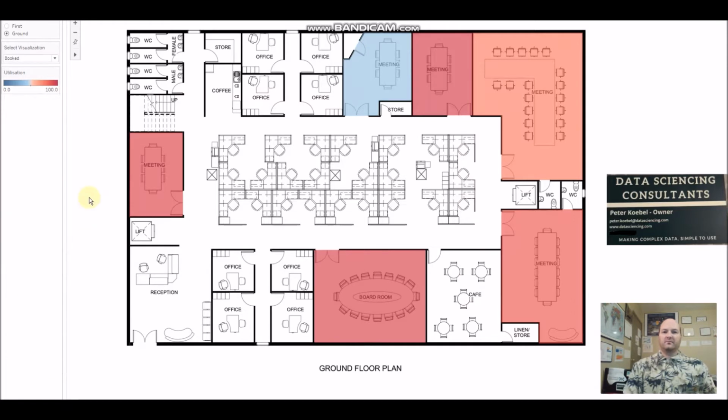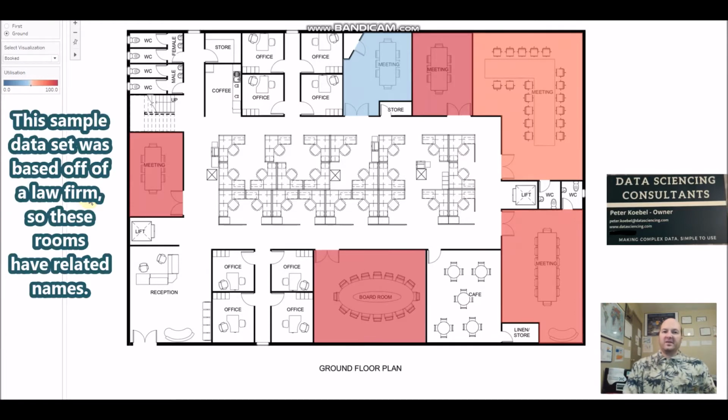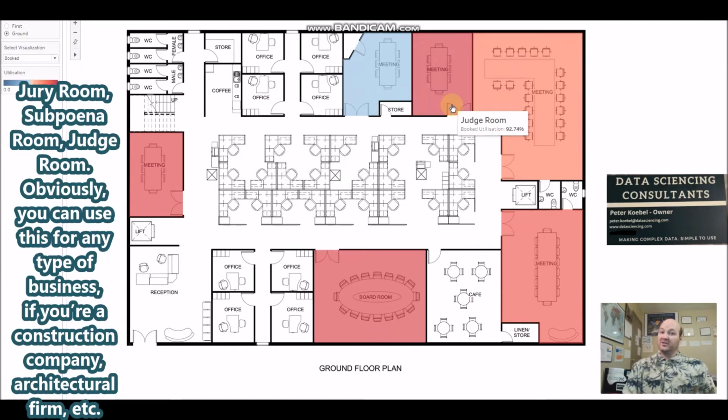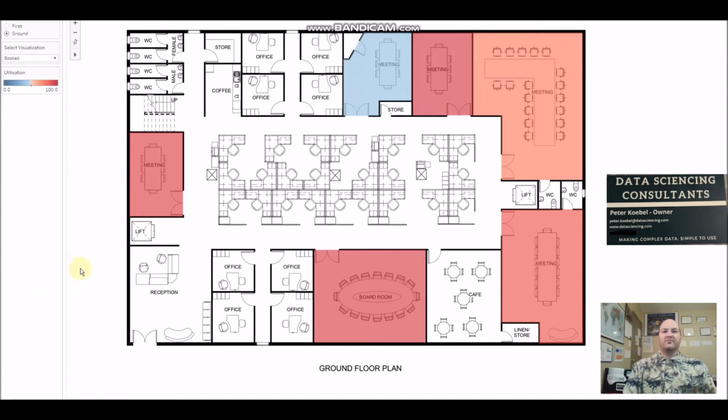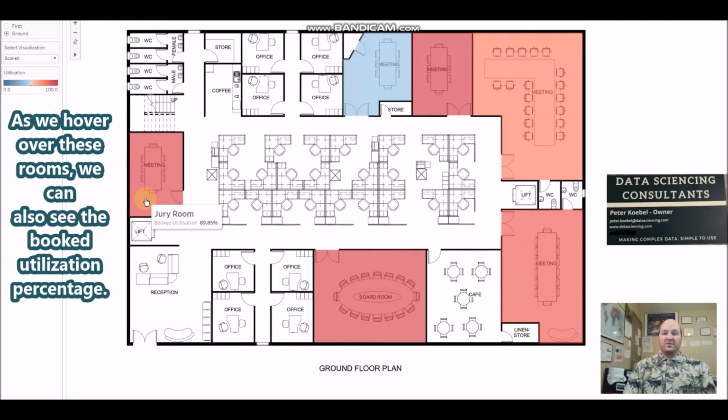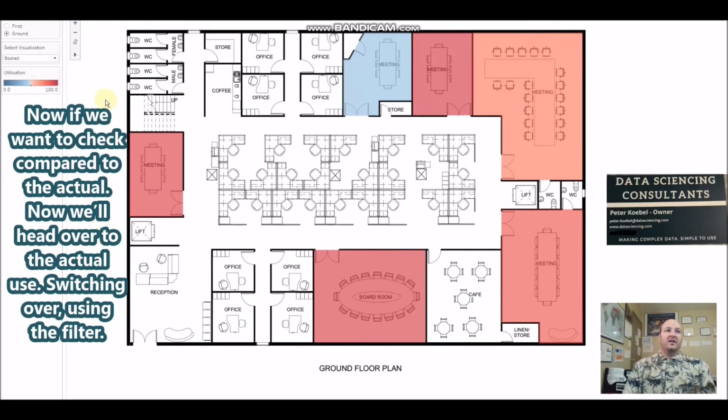in popularity. And this sample data set was based off of a law firm, so these rooms have related names: jury room, subpoena room, judge room. Obviously, you can use this for any type of business, if you're a construction company or architectural firm. And as we hover over these rooms, we can also see the booked utilization percentage. And now if we want to check compared to the actual, we can, so now we'll head over to the